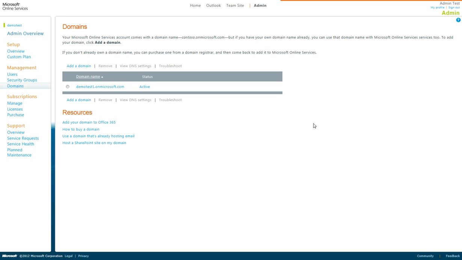In this session, we will discuss verifying domains and configuring for Exchange. The first step that you want to do is log into your Microsoft Online portal as your admin and select Domains under Management. Select Add a Domain,